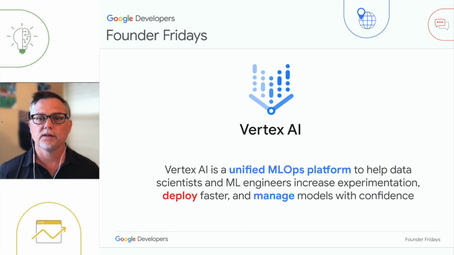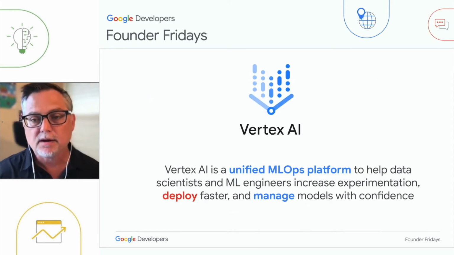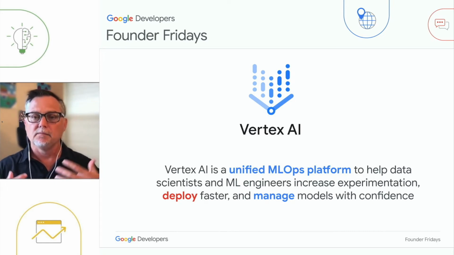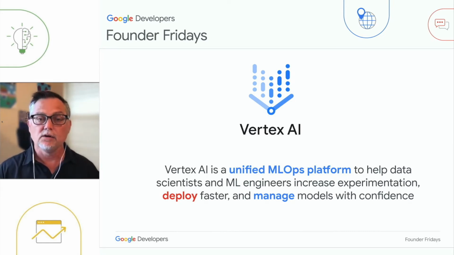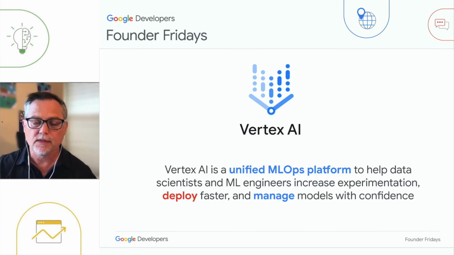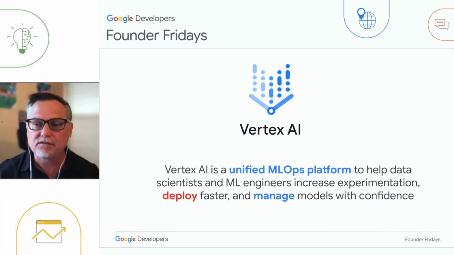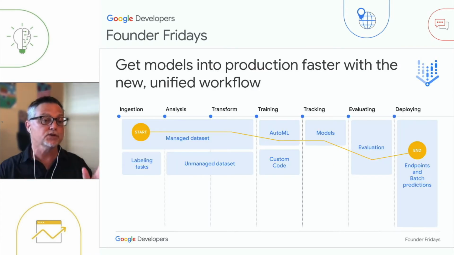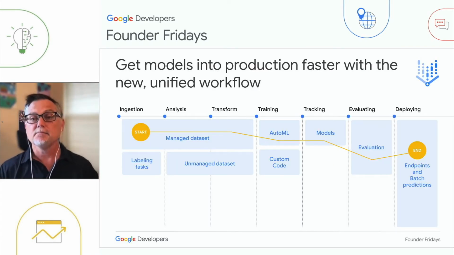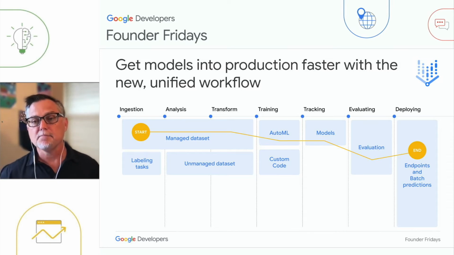The thing that I'm most excited about is Vertex AI, which is an announcement we made at Google I/O again 2 weeks ago, and it is a unified machine learning platform, and we say it's really focused on ML ops, that efficiency of building high-scale models designed for data scientists and data engineers, if you have one of those on your founding team or in your organization, so you can deploy faster and manage models with confidence. That's a little bit of marketing speak there, but let me just quickly show you one slide that might describe it. You can get models to production more quickly and manage those models.